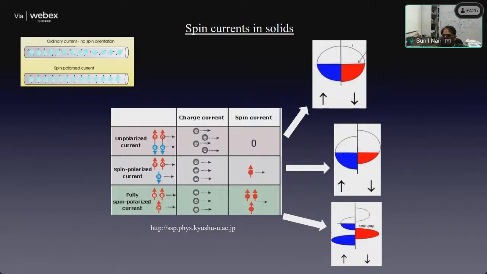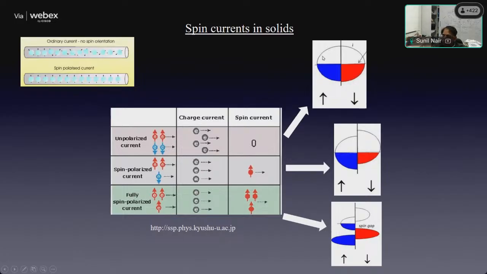Now, in this case, you have a current, but the electron spins are not coming into the picture, right? So what happens here is that on average, if I sit at the end of that tube and count the number of electrons passing me by, I will have an equal number of upspins and downspins. Okay, so that means I have an unpolarized electronic current. So in a simple metal, I have an unpolarized current. I do have a large current, but since the total number of upspins and downspins are the same, my effective spin current is zero. Okay.